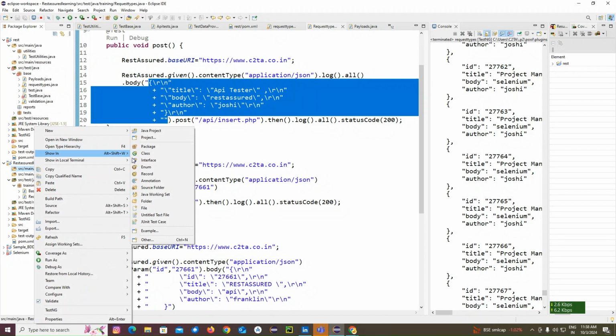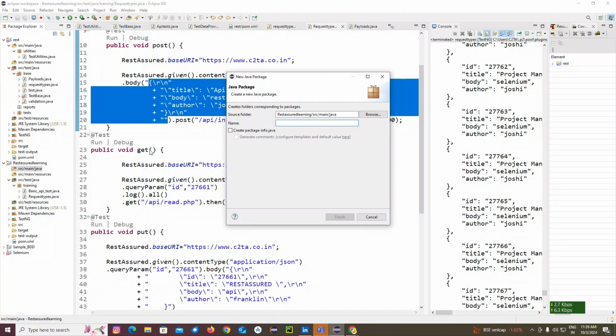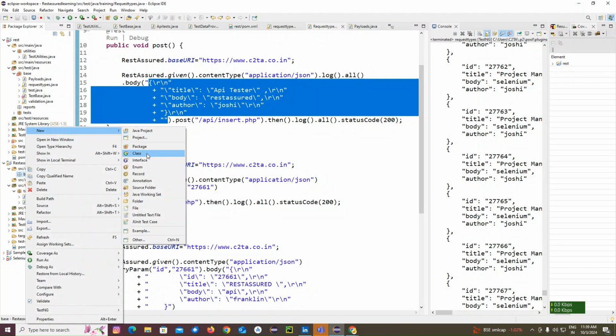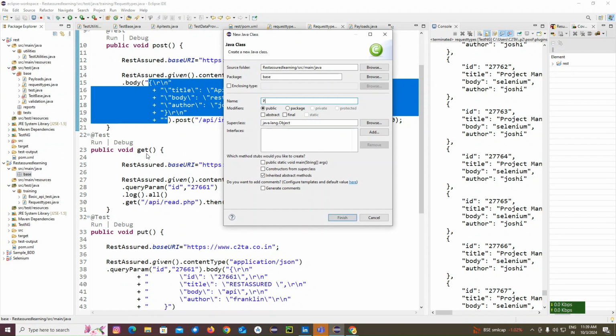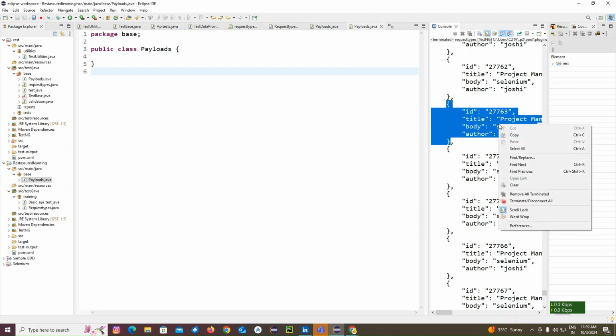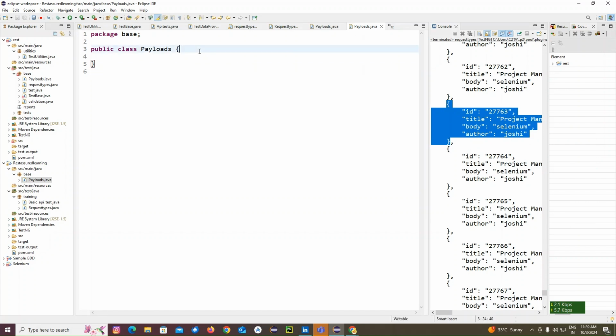In src main java, I'll create one package called base. Okay, and then I'll create one class, payloads. Then I'll click finish. Then what I'll do is I will take one response here. I'll copy it. I'll create three methods here: public,